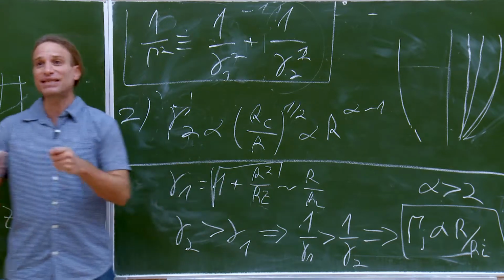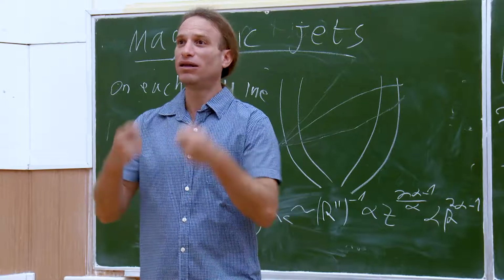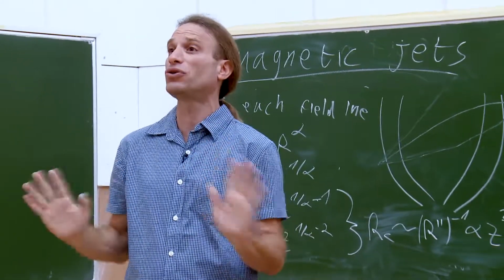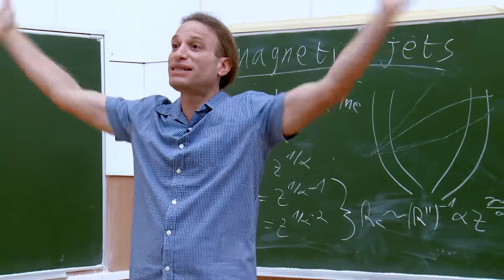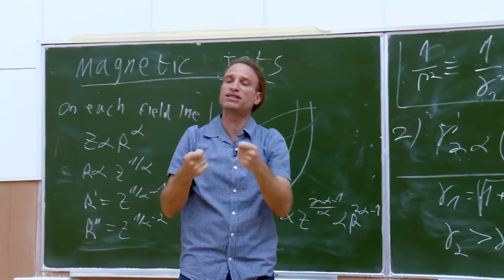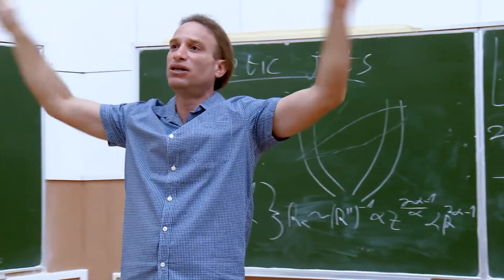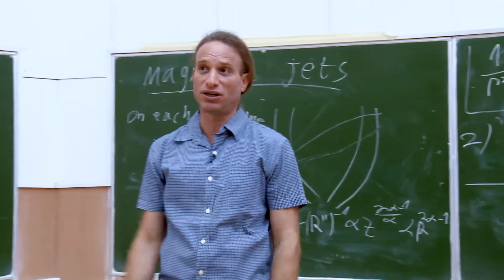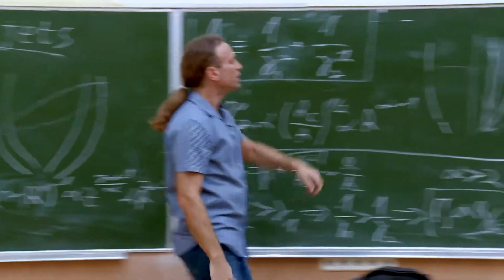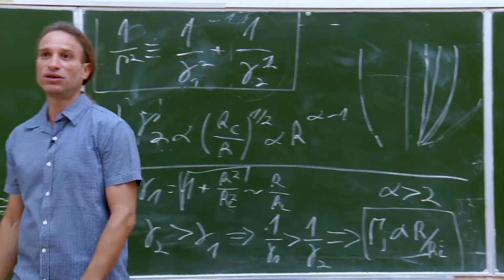So the light cylinder is actually the radius where you become relativistic. At radii smaller than the light cylinder, you are subrelativistic. Your Lorentz factor is 1. Above the light cylinder is the radius where you become relativistic. That's why, in order to get a relativistic jet, you need a magnetic field that extends beyond the light cylinder, because only there your Lorentz factor is large enough. The main thing here is that you need strong enough collimation in order to get your acceleration.